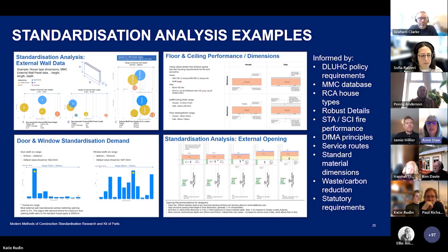We've looked at MEP service routes and standard buildups to meet fire and acoustic requirements for both houses and flats. And we've also looked at the most common door and window sizes in the house types from the Royal College of Art research. We've brought all of these together to inform where we could make recommendations to designers to improve standardization. And the process we've gone through will be documented in the final report so that any future standardization and